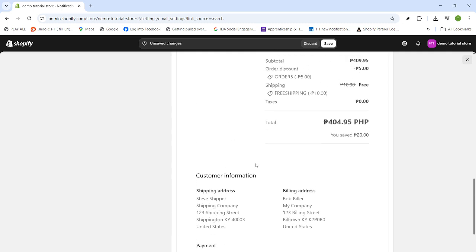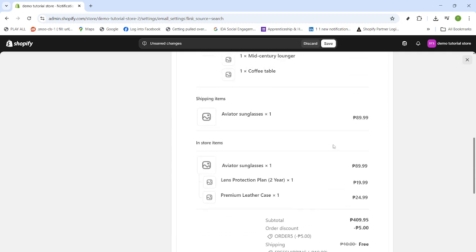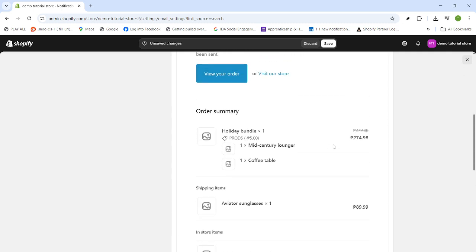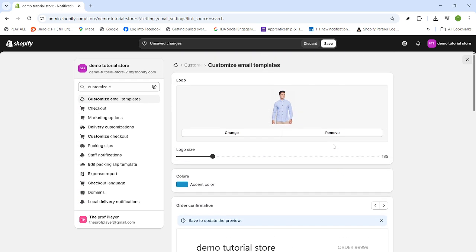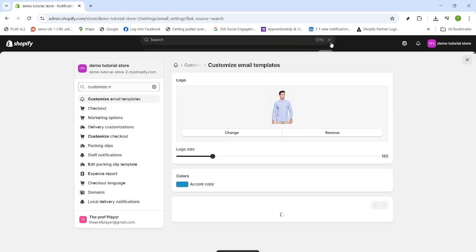A couple of quick tips before we wrap up. Keep your logo simple and horizontally oriented so it fits nicely. Prioritize high contrast for readability, and try to align these colors with your website for a seamless customer experience. If you need to refine anything, you can return to this page anytime and adjust your image or colors, then save again. And that's it. Your Shopify email